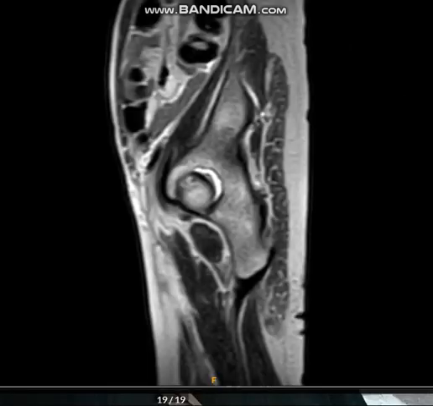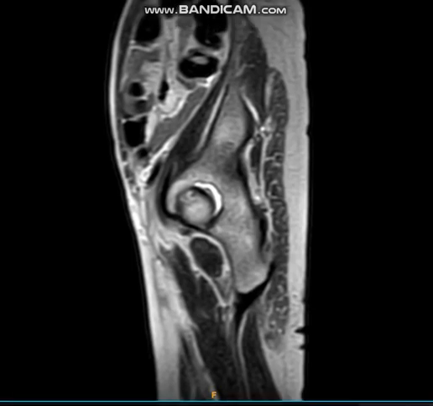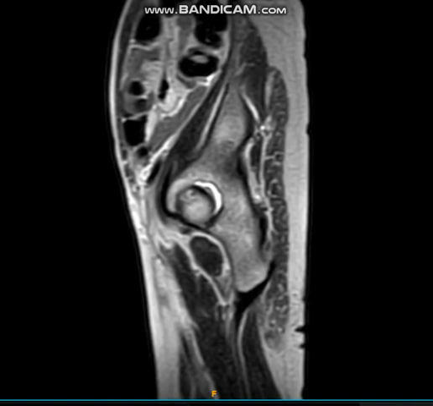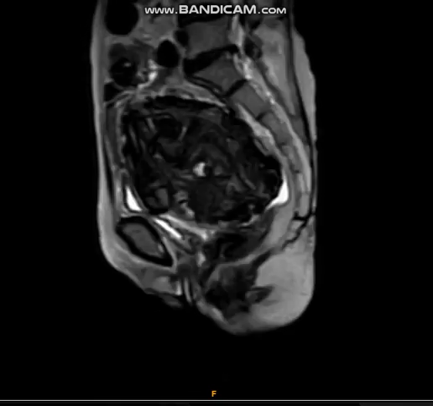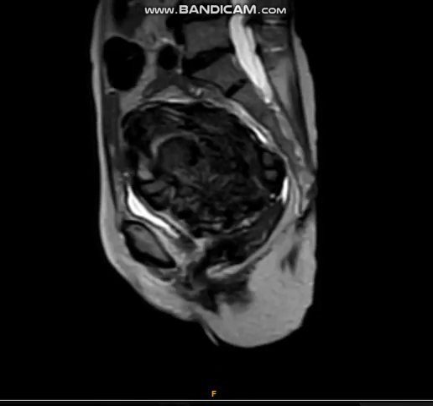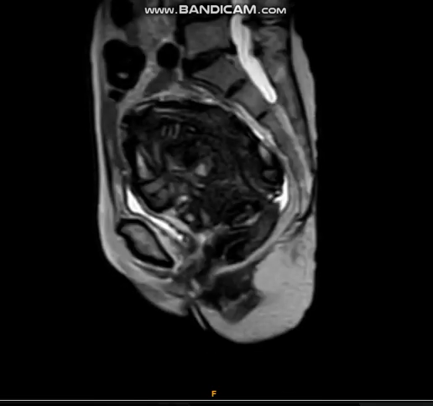So when we look at the sagittal T2 MR images, we can appreciate a cervix here. This is the cervix, and we can also appreciate